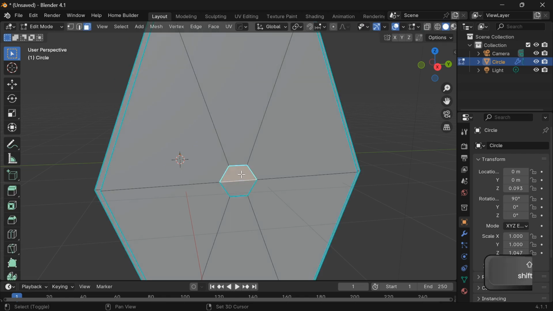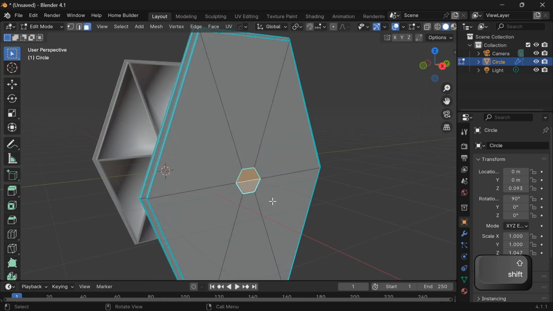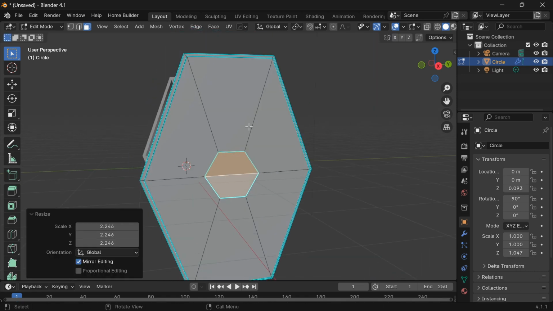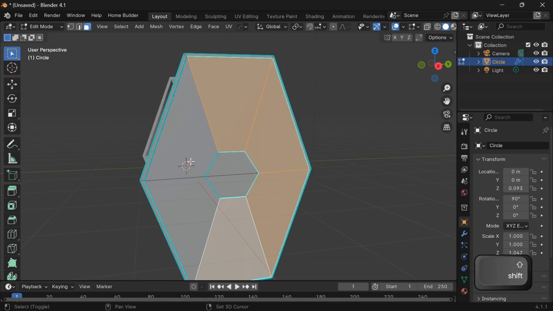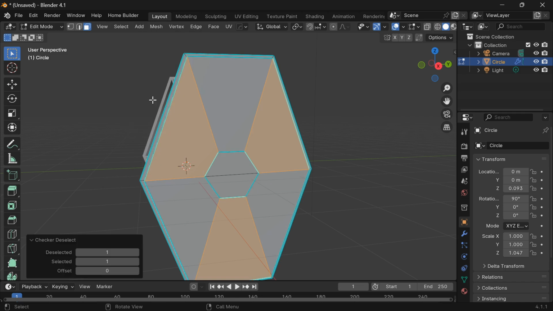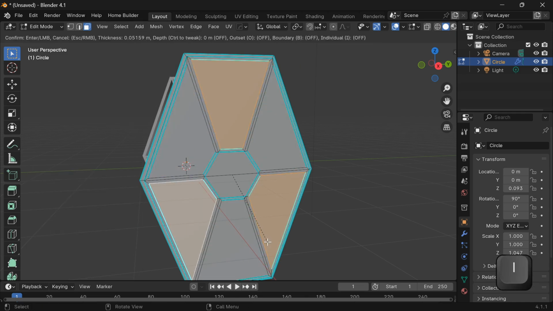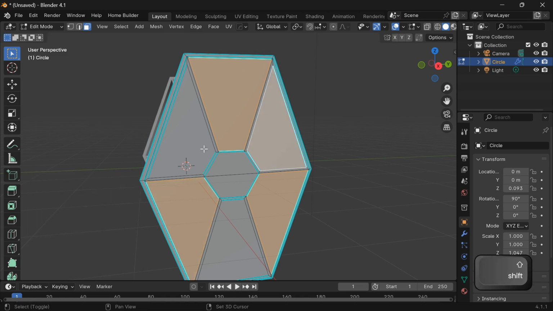So we have a nice perfect hexagon again. Hold Shift, grab both those faces with 3 and left click, scale them upwards. I'm going to use the same trick here. Hold Alt, left click, loop select the faces, go up to select, check or deselect, hit I to inset, select the faces you didn't have selected, inset them,